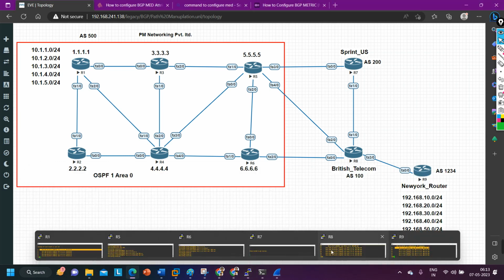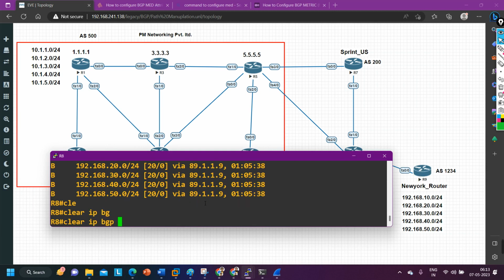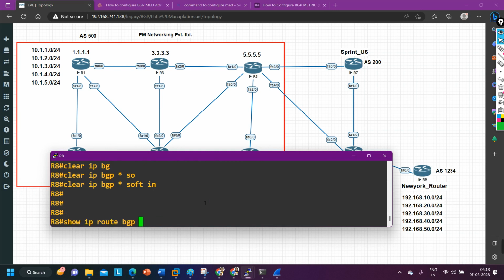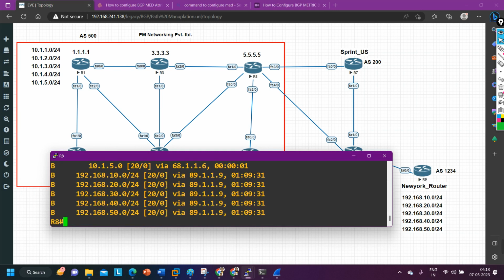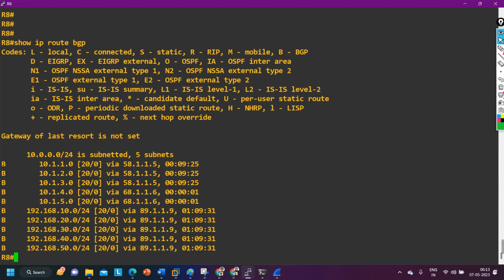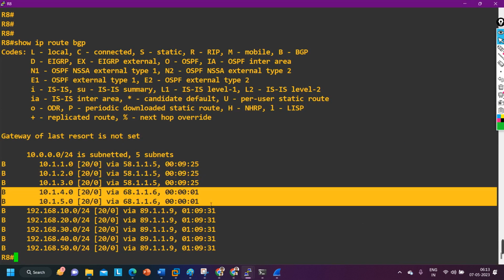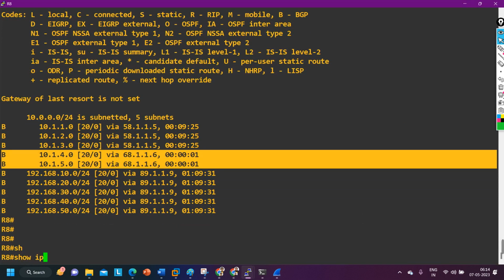Now if you do clear ip bgp * soft in on router number 8, and show ip route bgp, you can see these three networks are reachable via router number 5 and these two networks are reachable via router number 6 because